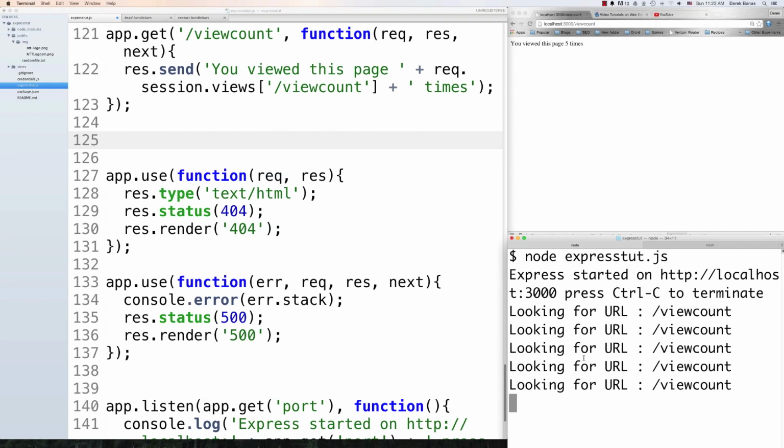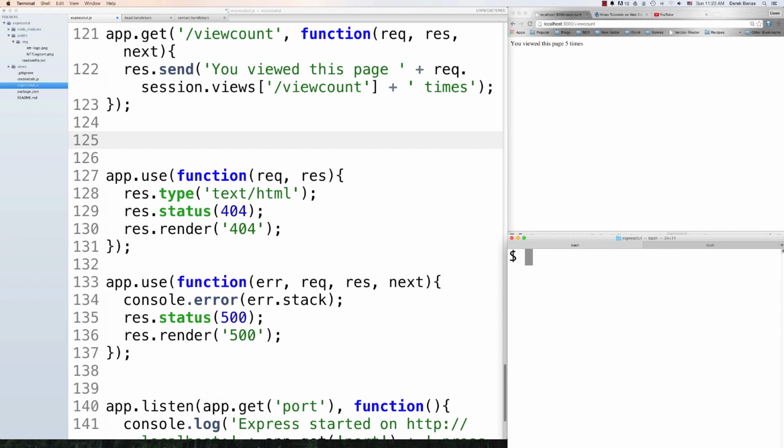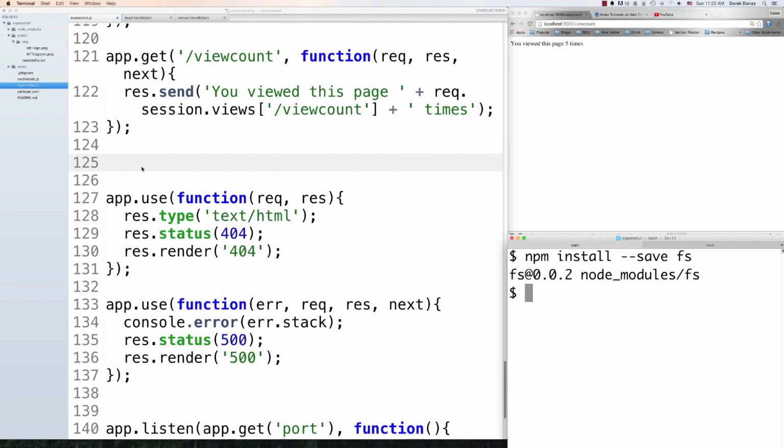Now I'm going to come in here. I'm going to need to download another module. Control-C, get rid of that. And that's going to be the file system module. So I'm going to have to go npm install --save. Make sure you put it before the